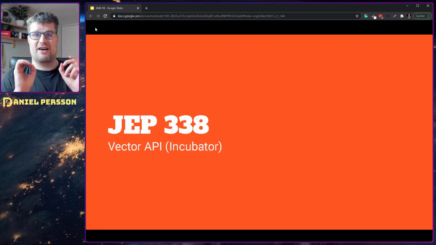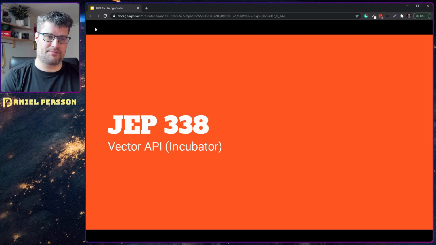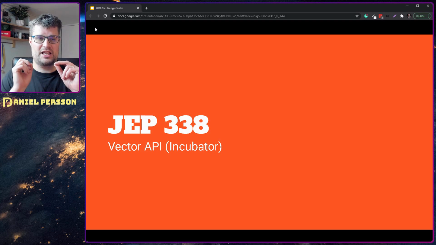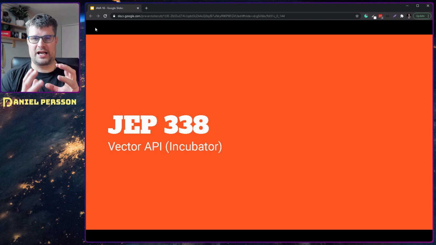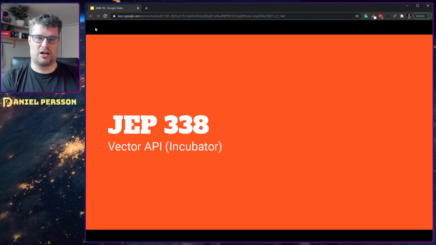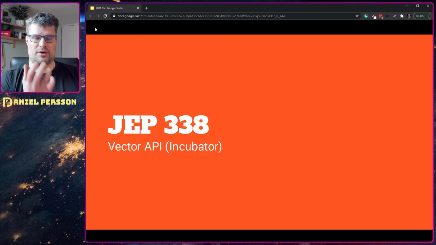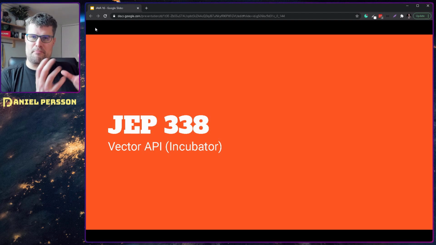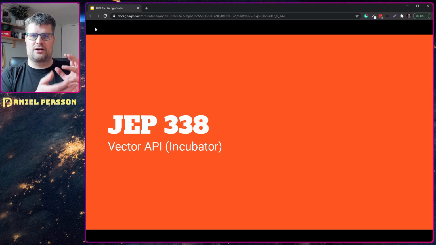So first off, we have the JEP 338. This is the Vector API and it's an incubator, so it's just the starting phases. But the thing that they are working on here is mainly on CPU architectures, making the different operations available from Java. So you can run vector operations that will go directly to the CPU and be much faster than running